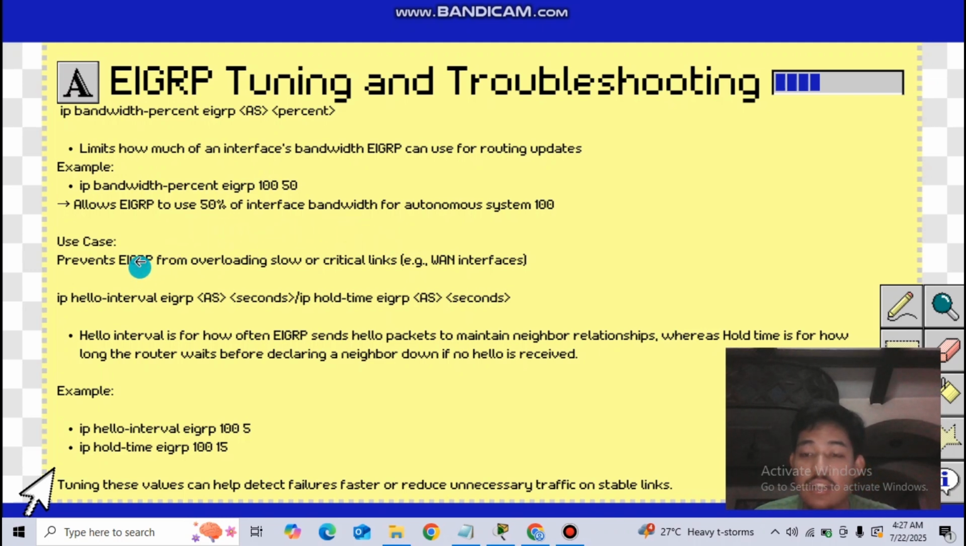And the use case of such a command is to prevent it from overloading slow or critical links. The application of this command is usually seen in wide area network interfaces. And then finally, we also have the ip hello-interval eigrp series number